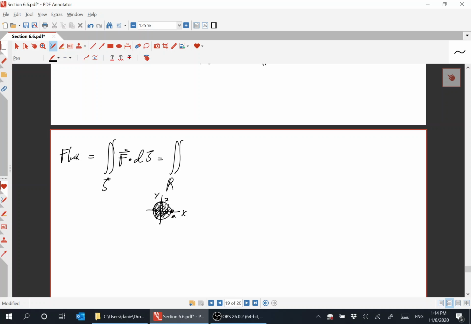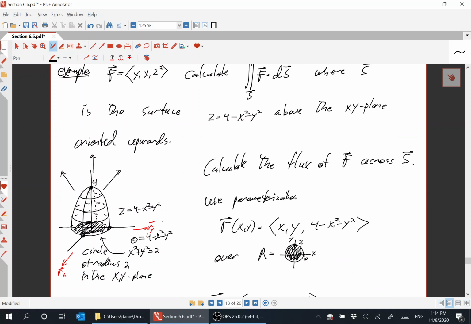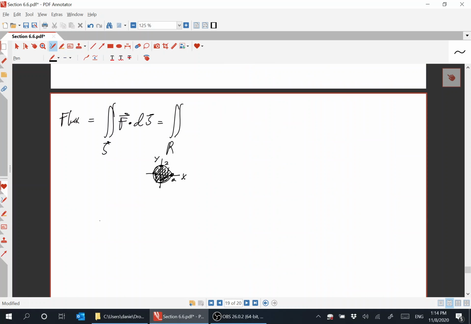That's the shadow of that paraboloid when you project it straight down into the xy plane. So all the points of the paraboloid occur above that circle of radius 2, or the inside of it, the disk of radius 2. So this is F of r of x, y, dot r_x cross r_y